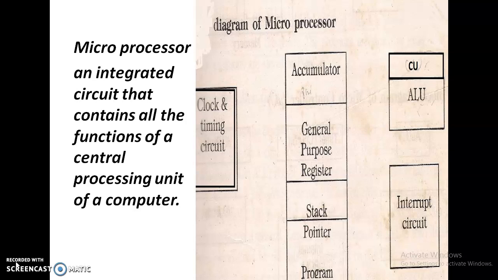As you can see, there is an interrupt circuit. What is the interrupt circuit? Now let us understand what an interrupt is. The interrupt circuit is the one which lets the microprocessor or a microcontroller understand that an event needs the service of the microcontroller or a microprocessor. For example,